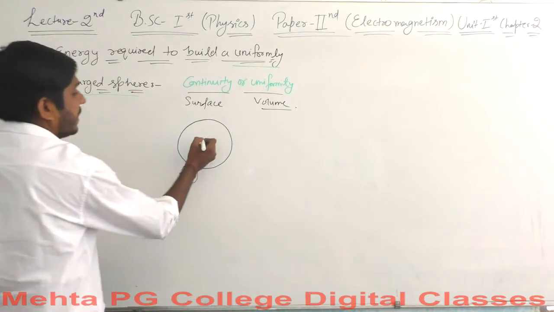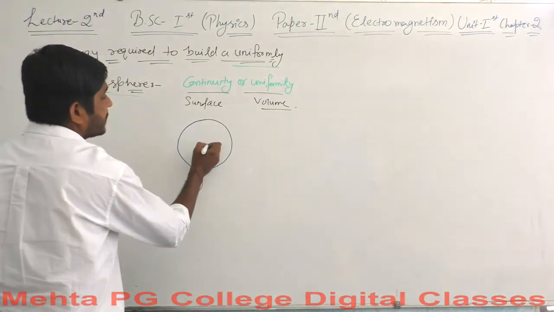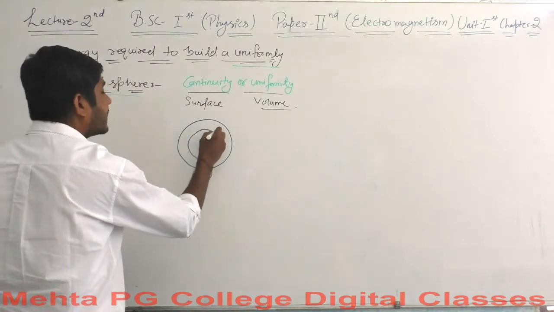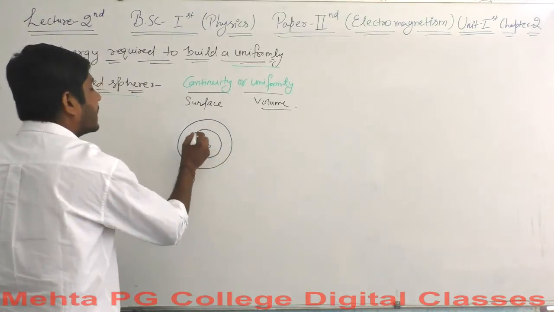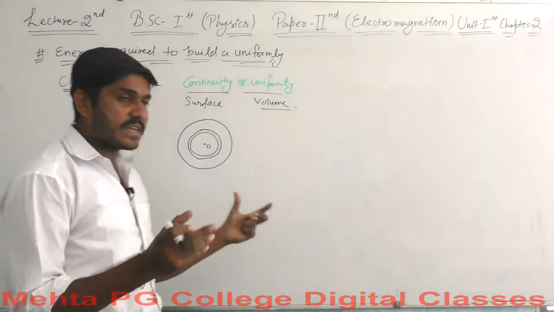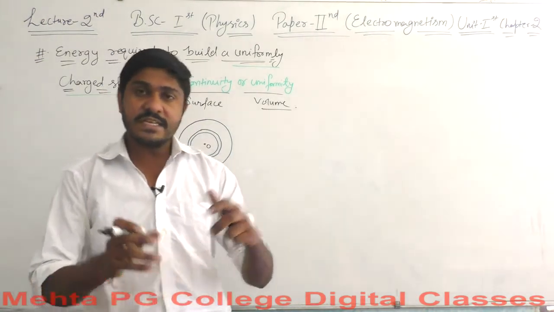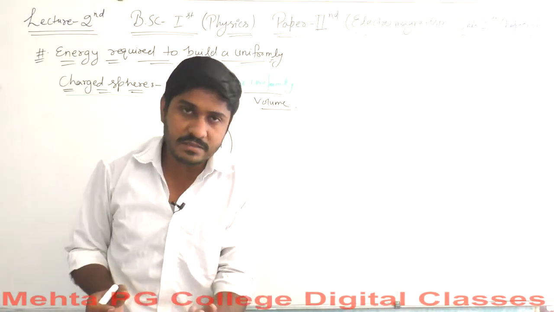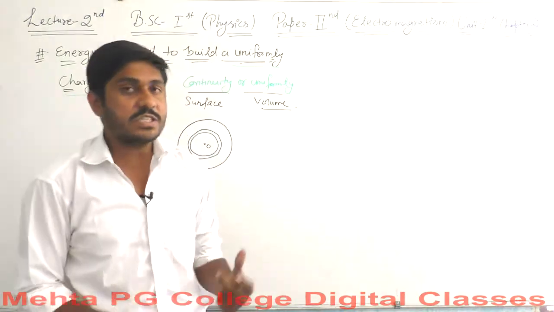Let's say this is the center point O, and it is built up of small spherical shells, each smaller than the previous one. This is how the whole sphere is made up, like a football, then a cricket ball, and then a tennis ball, in this manner. Okay, so this is what it is.